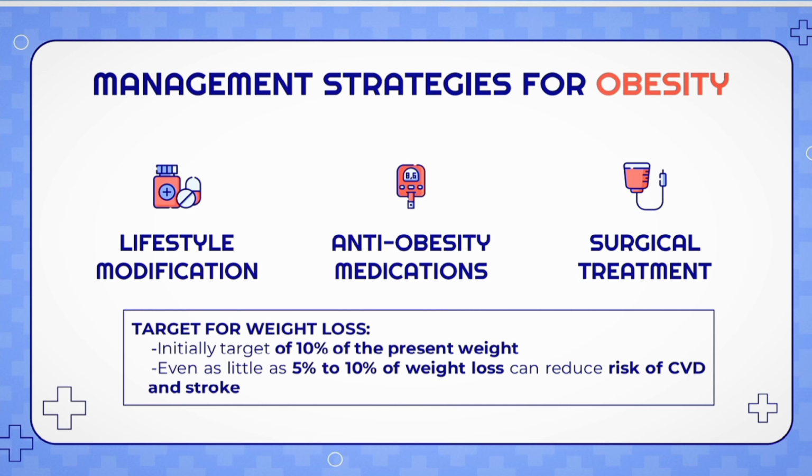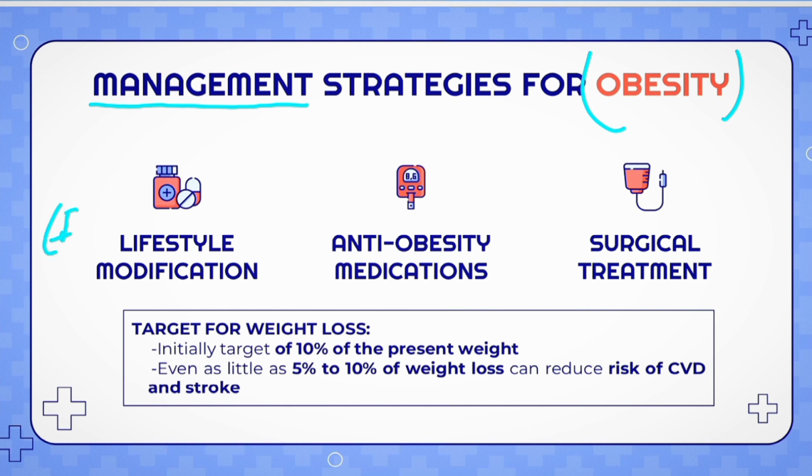Now let's discuss the management strategies for obesity. The management of obesity includes three mechanisms. The first one is lifestyle modification. The second method is anti-obesity medications, and the third method is surgical treatment. The initial target of our management of obesity is reducing about 10% of the body weight as